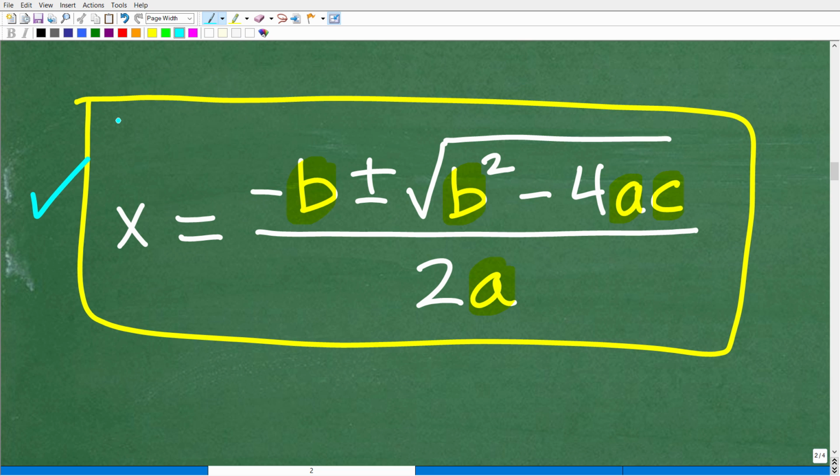So some of you may have to use the quadratic formula, but it's not the path to go, and there's even other techniques you could have done as well. But there's one technique, one method that is the easiest approach, and of course I'm going to show you that right now,